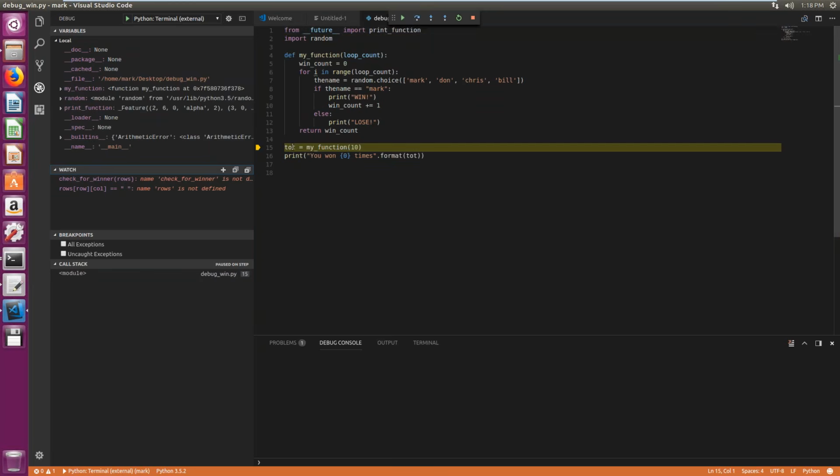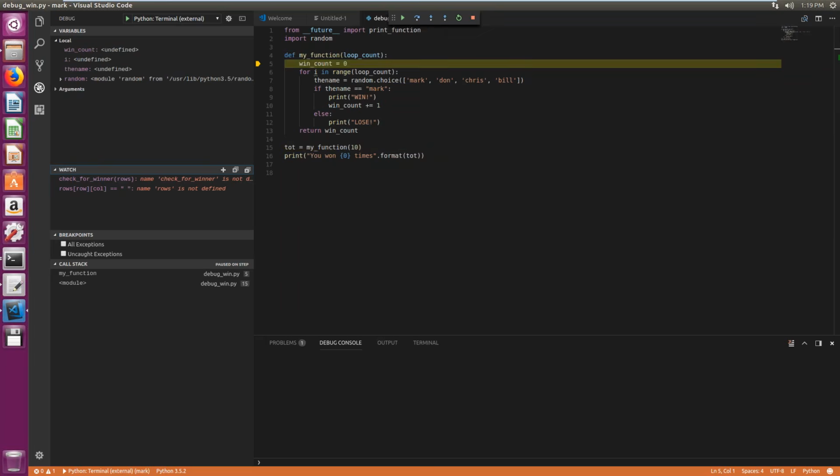And here you can see it's about to define the variable tote, or it's about to execute this call into my function. I can use F10 to step over the function, or F11 to step into the function. I can also just click these little things. So I'm going to click this to step in to this function, and you can see it's going to define